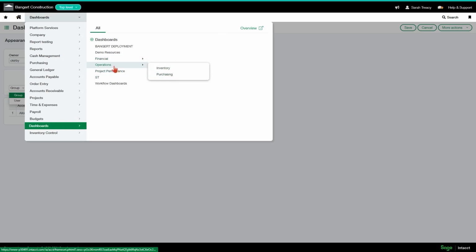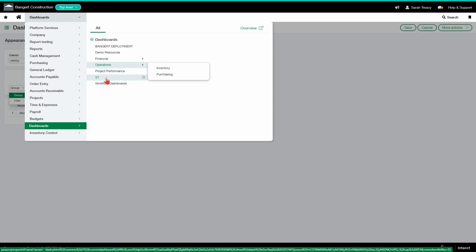In your operations, you can have a dashboard for the particular modules that you're trying to track and pull in whatever makes the most sense to you. Project performance is going to be a huge one for the construction industry. That's going to pull in your performance cards to give you a snapshot of how everything is going, and then also pull in reports that are already built in the system. You can have reports that pull in based on project type, project manager, different things like that.